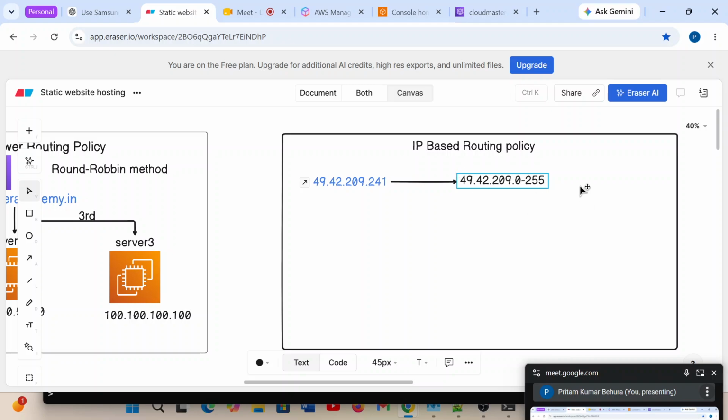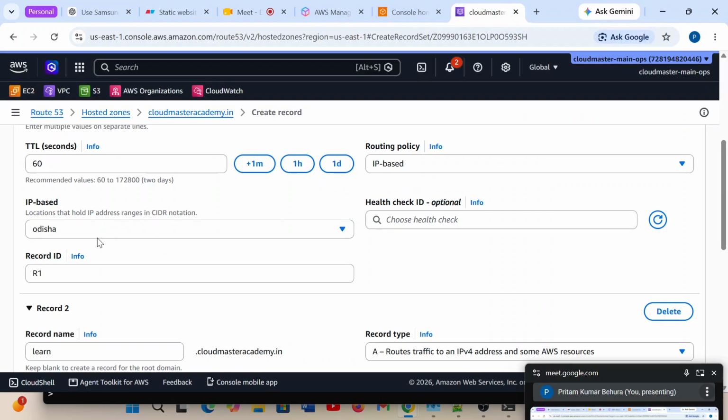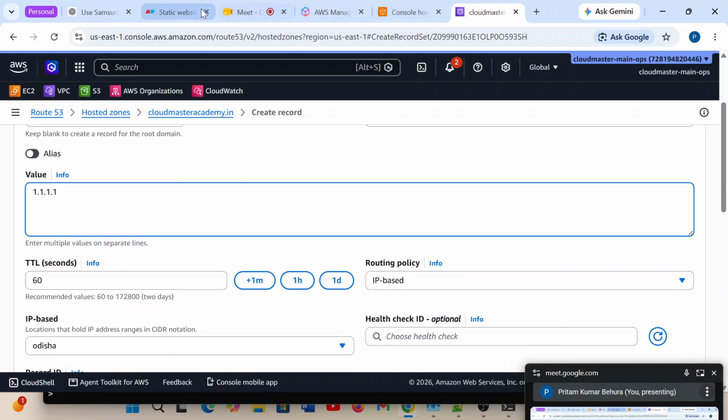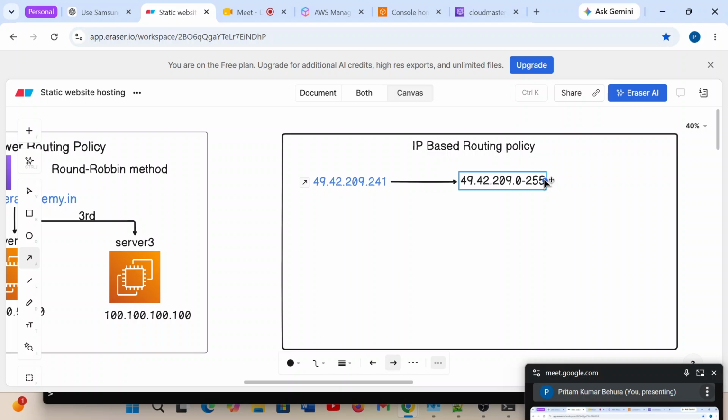Whoever wants to access learn.cloudmasteracademy.in, the application is going to deliver from the defined IP, that is 1.1.1. Got me? The application will be delivered from